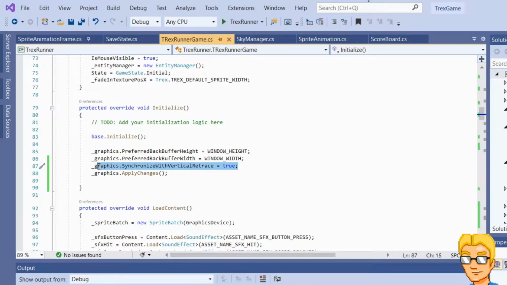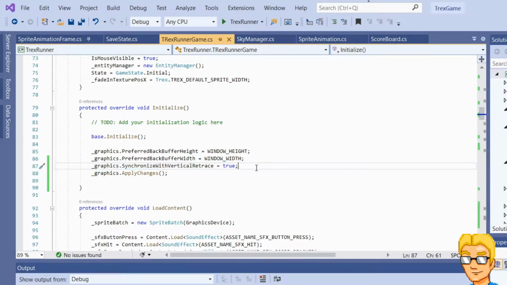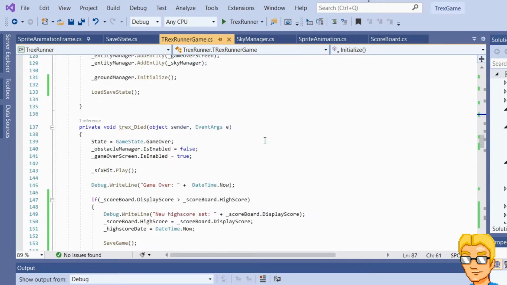And this really depends on your hardware. So if setting this SynchronizeWithVerticalRetrace property to true causes problems for you on your machine, then simply just don't do that. But for me, I think this should work because I'm working on a modern and powerful machine. So yeah, and there's one more thing that we can do to optimize rendering pixel graphics, and that is in our